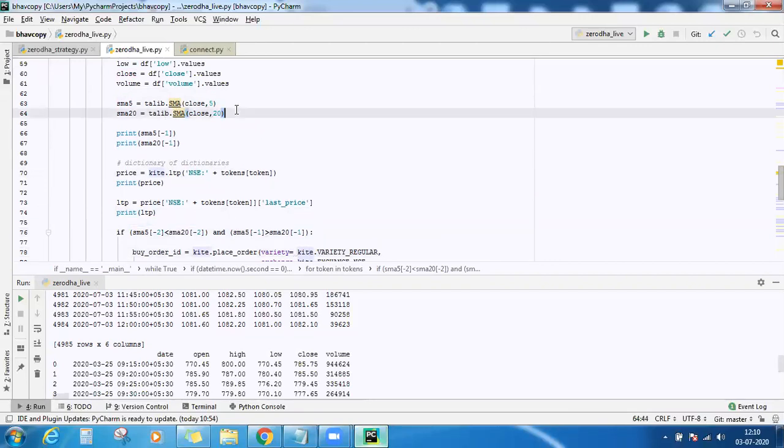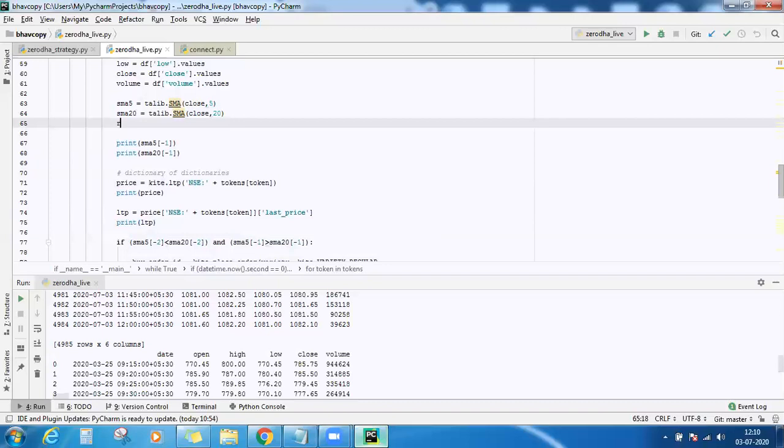Similarly, instead of simple moving average, if you want RSI indicator as well, then you will take the help of RSI, pass on the close, and then the 40. So this now has the NumPy array which consists of RSI values.